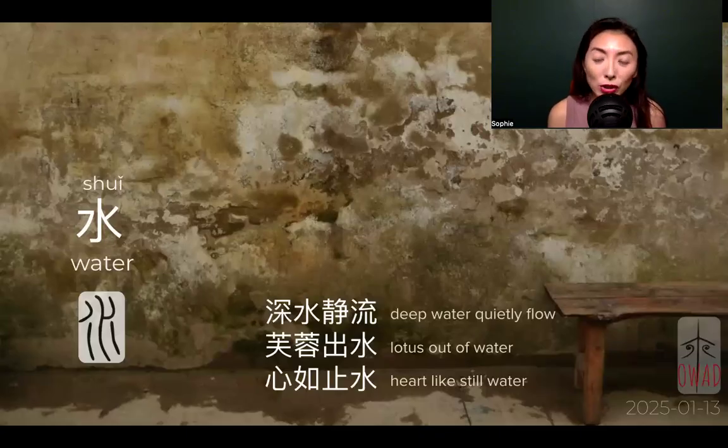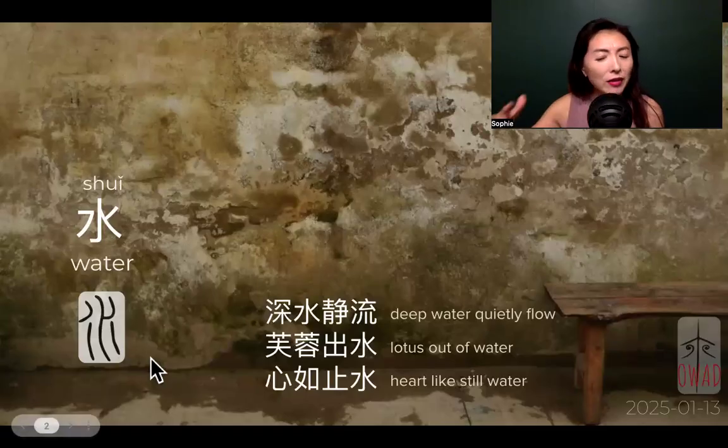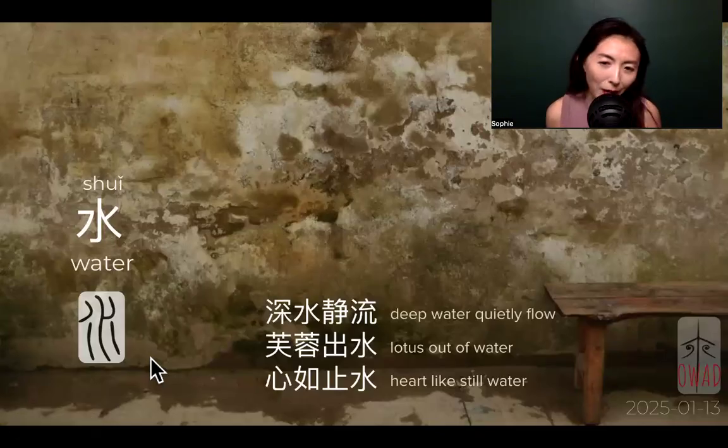Okay. 心如止水, the third expression, describes your mental state. Most likely post-traumatic in today's words, right? Expression that your heart is going to be like still water. From the water character, we can deduce that water was regarded as this free-flowing thing. It keeps going, it doesn't stop. But when it stops, it becomes still. And I mean, when it becomes still, it becomes stale, right? Stillness is not necessarily a good thing.